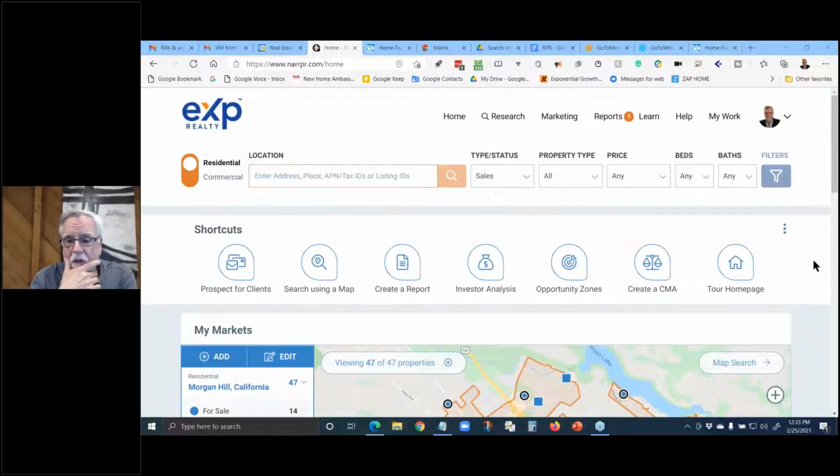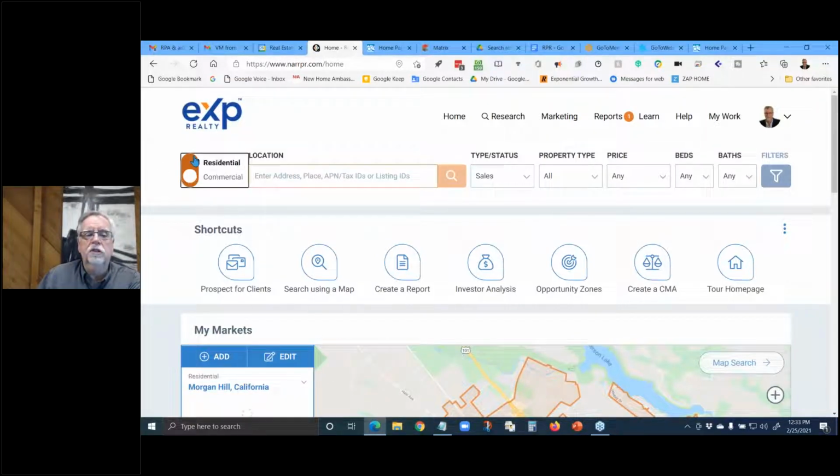They seem very nice. One of the things, because I'm involved in some commercial real estate as well, is the ability that you can just toggle back and forth between residential and commercial. In the past, it would change the whole layout. You either could be looking at residential or commercial, but it was a hassle to look at the two. And so just for a moment, let's go through the,